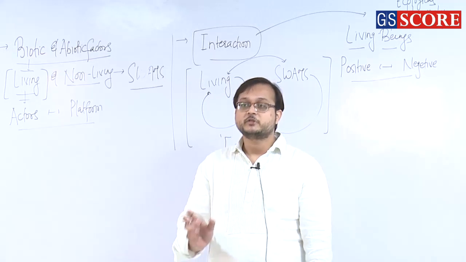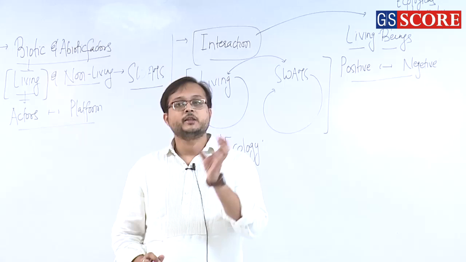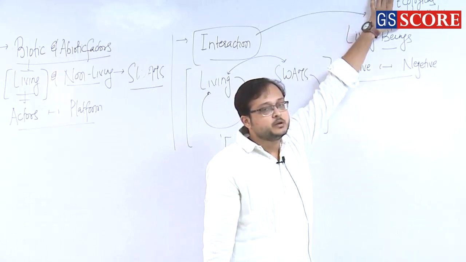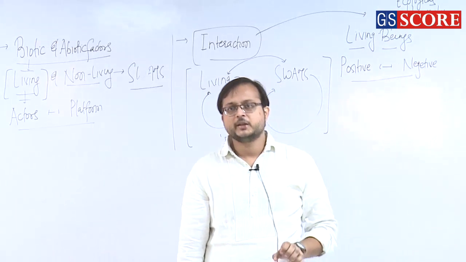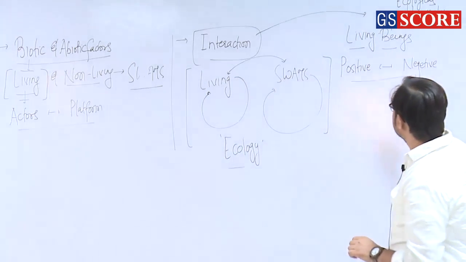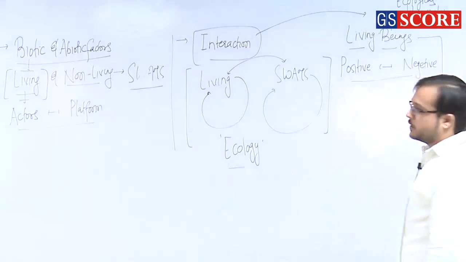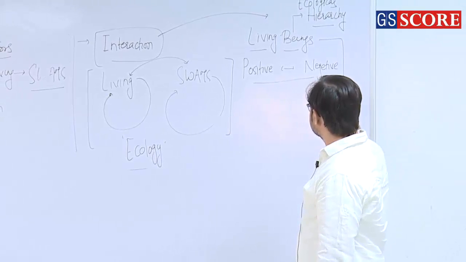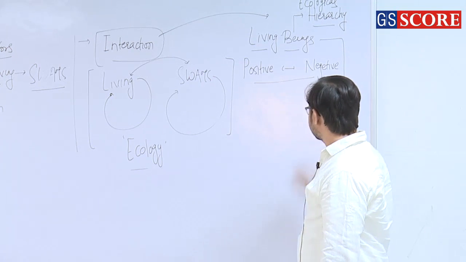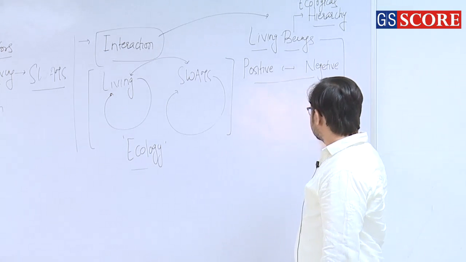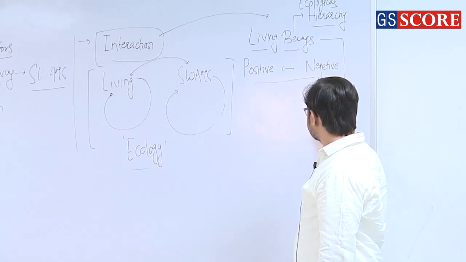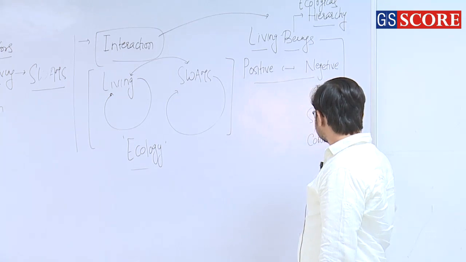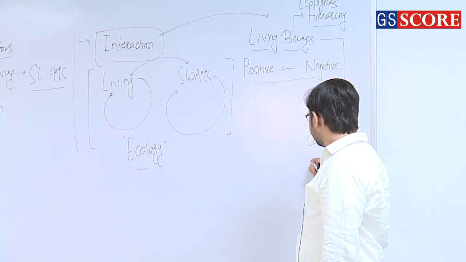That's why, to understand the similarity or to classify the difference here, the first thing that we need to understand is how living beings are ecologically classified. And there are certain definitions associated with this. When we say ecological hierarchy, we try and define certain things like, first, individual, then species, a community, a population,